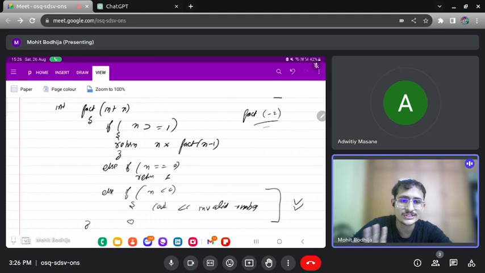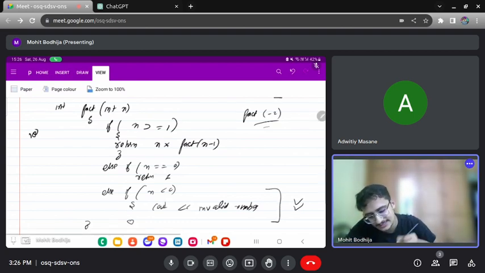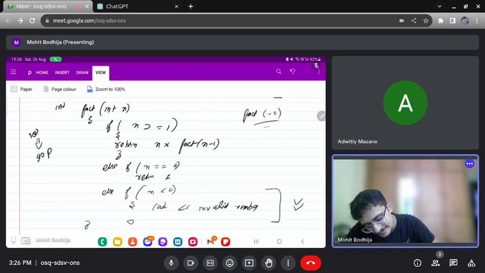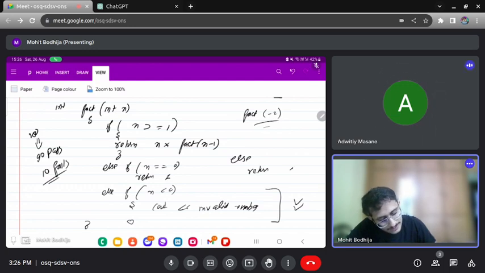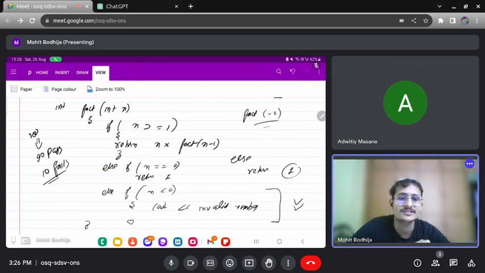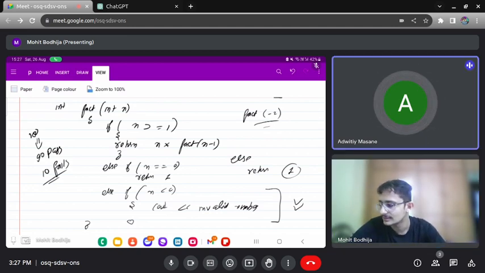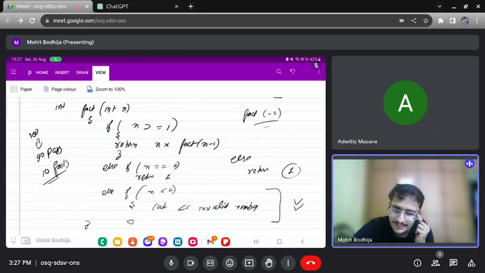Okay, the solution is correct, but when you compile this code in an exam, it will miss some test cases. Let's say you have 100 test cases, 90 of the test cases will pass, but there are chances that 10 test cases may fail. And why are the 10 test cases going to fail? Because there are high possibilities where n will be less than 0. And if you write directly like this, else return 1, then for every negative value it will return the value as 1, which is incorrect. Okay, yes sir.